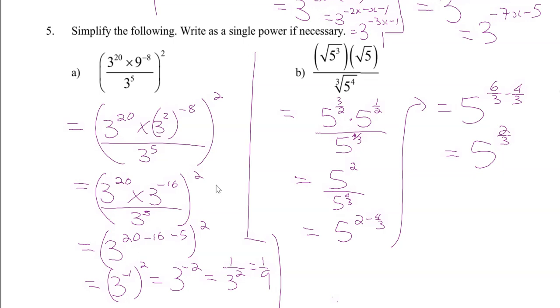And if we needed to, we could change it to the cube root of 5 squared. Okay, so all of that will be equal to the cube root of 5 squared. So that would simplify down to, if we went back into a radical form. Okay, so that's